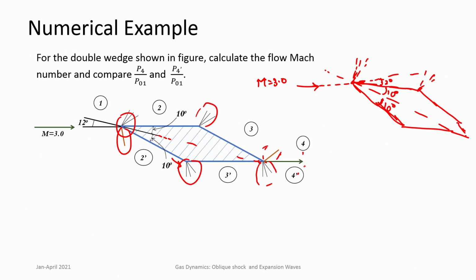What are the pressures at these two sides if the wave structure is given? How do we solve this problem? You have to now put together all the concepts you learnt in oblique shocks and expansion fans. The good thing with supersonic flows is you can go step by step from region 1 to region 2,